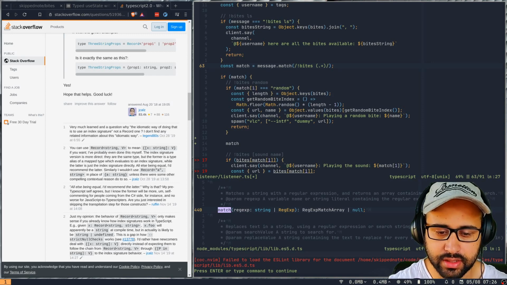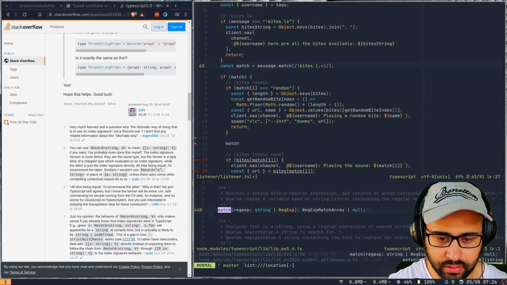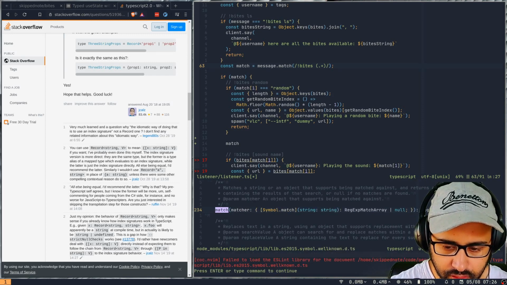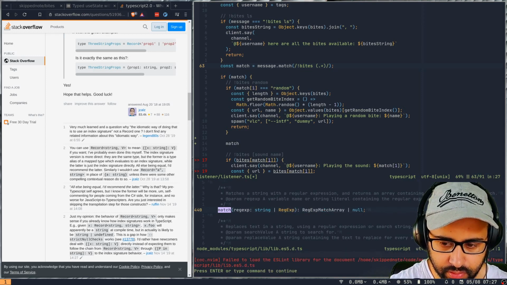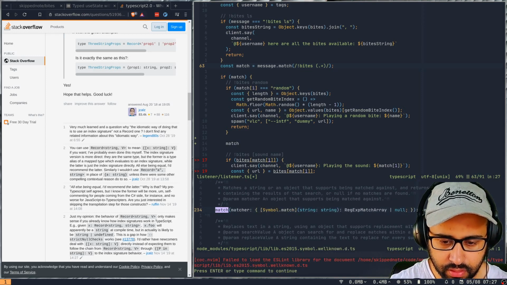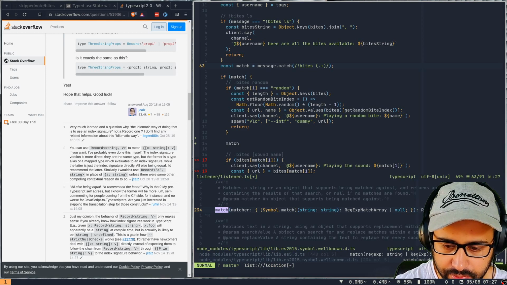It returns a regex, so there are two types.